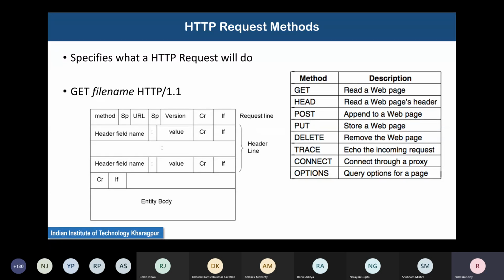Basically, the same effect that happens when you press enter in a document is the combination of carriage return and line feed. Okay. So these things are sent. Finally, there is an entity body. You don't need to memorize these things. Just remember that the header field name and value pairs are sent in messages.